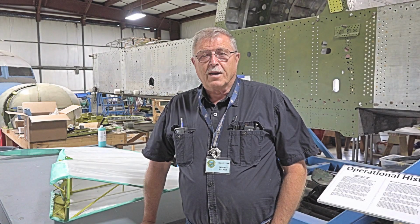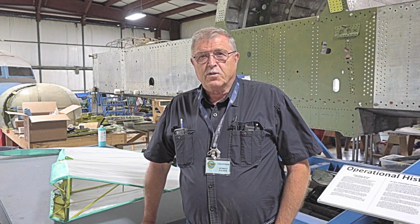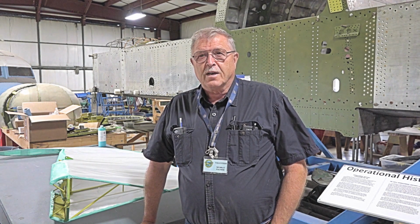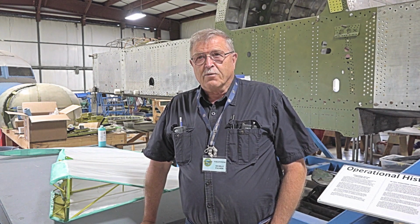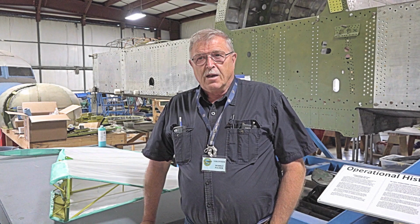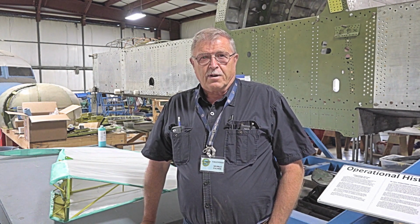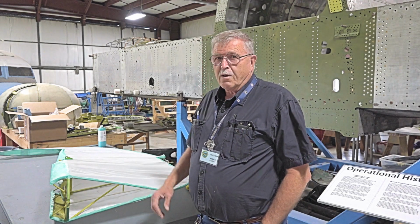Good morning. My name is Garry Powe. I'm one of the volunteers at the British Columbia Aviation Museum in the process of recovering the rudder off of our Norseman. The registration on this Norseman is DRE. It was built around 1946, I believe, and is part of our display. We're going to show you the different processes that we're going to use to cover that and get it back